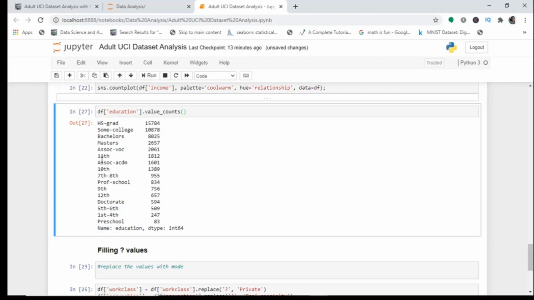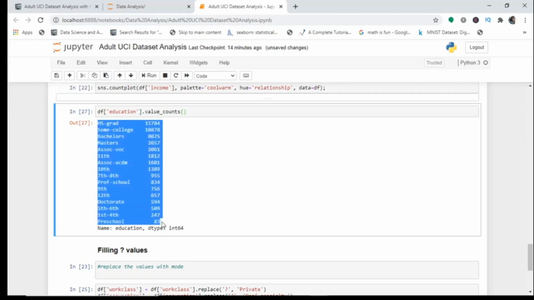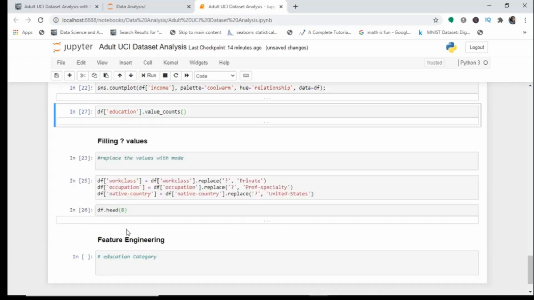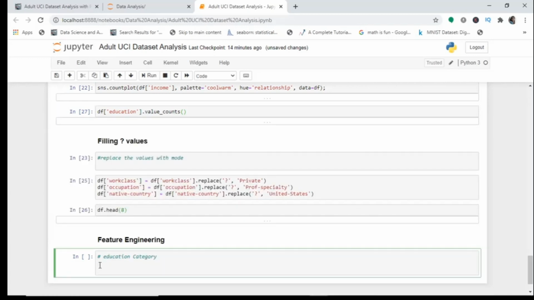So we'll deal with this for schooling. Either we can replace all this till 12th into school, and associate, academic, bachelor's, master's into just one category, some college. We can just reduce it to a few values instead of having so many features. So let's do this. We have to write it for every value, so just bear with me because this is quite long. We write here df.education is equal to